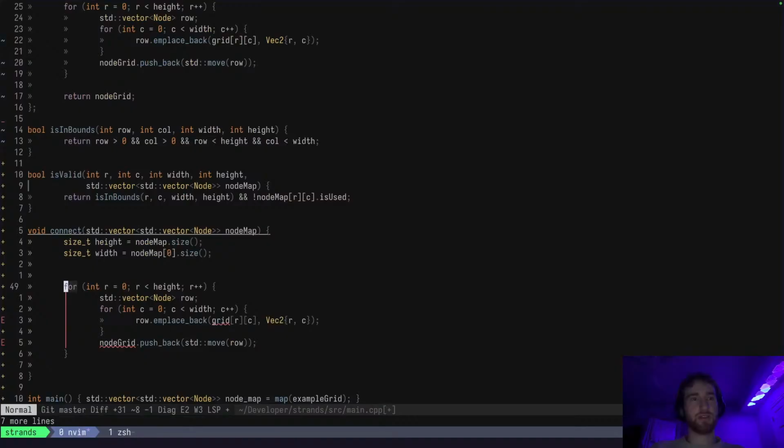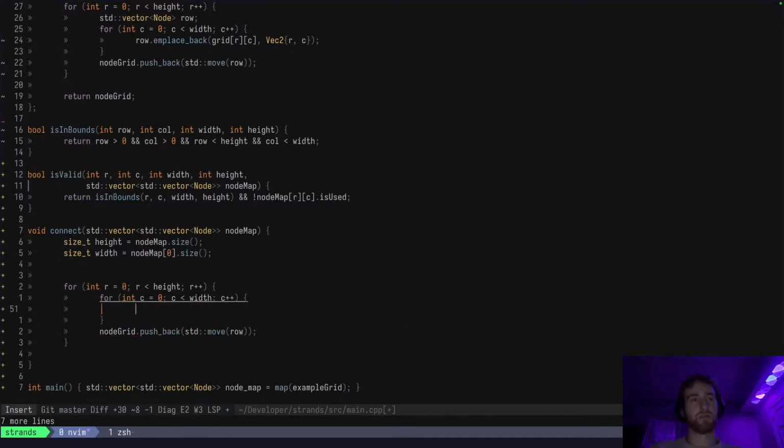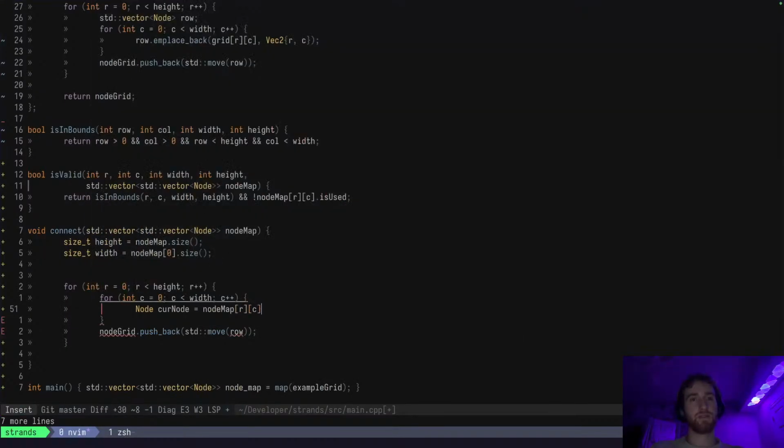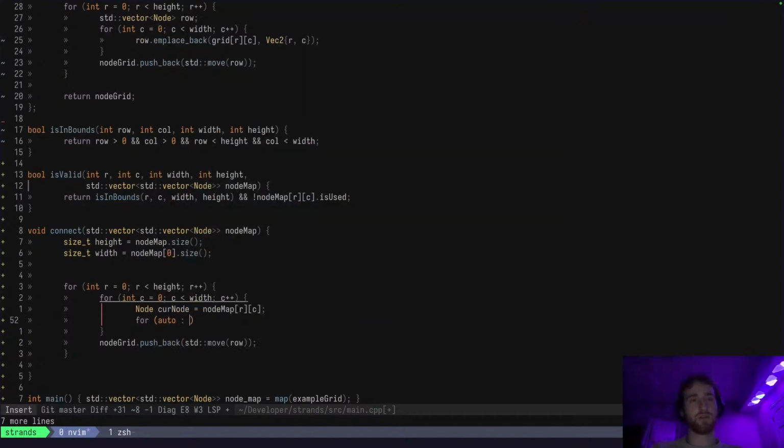So now we're going to be doing a similar thing here. But for each node, we're not doing this anymore. For each node, we need to be looking at its neighbors. So node current node equals node map at R, C, and then for vec2 dir in